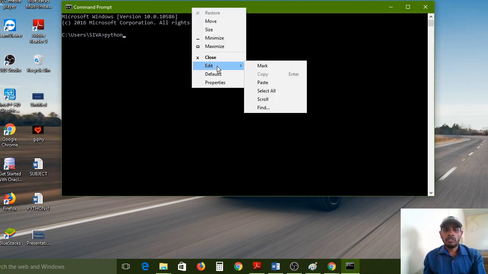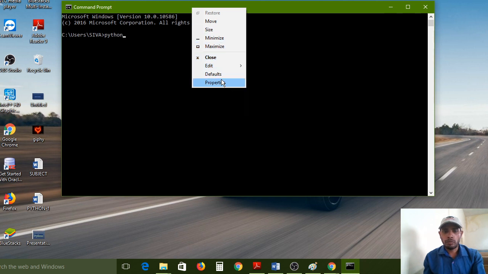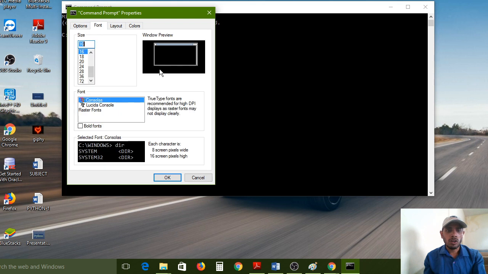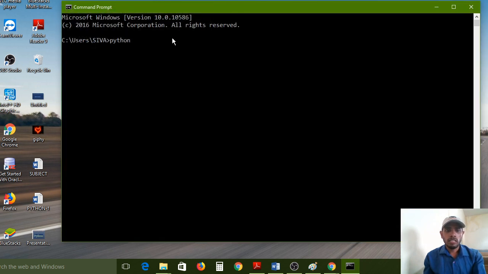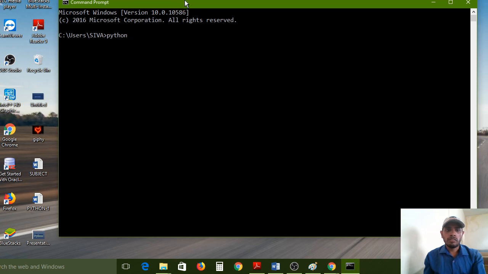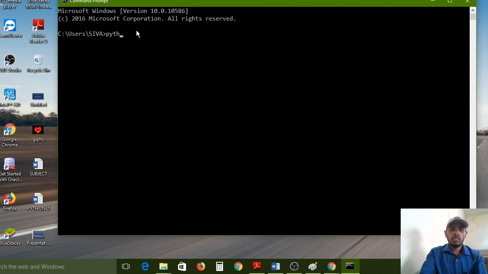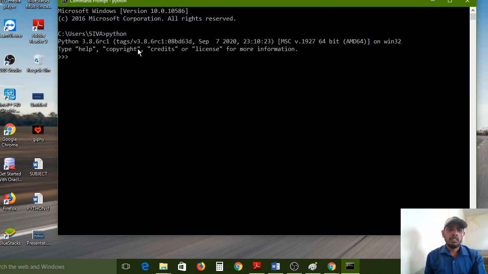Now I am increasing the font also. Just wait. Properties, font, size 20. Okay. Now it is visible. So I am using the Python command to open the Python shell through the command prompt. Just press enter.